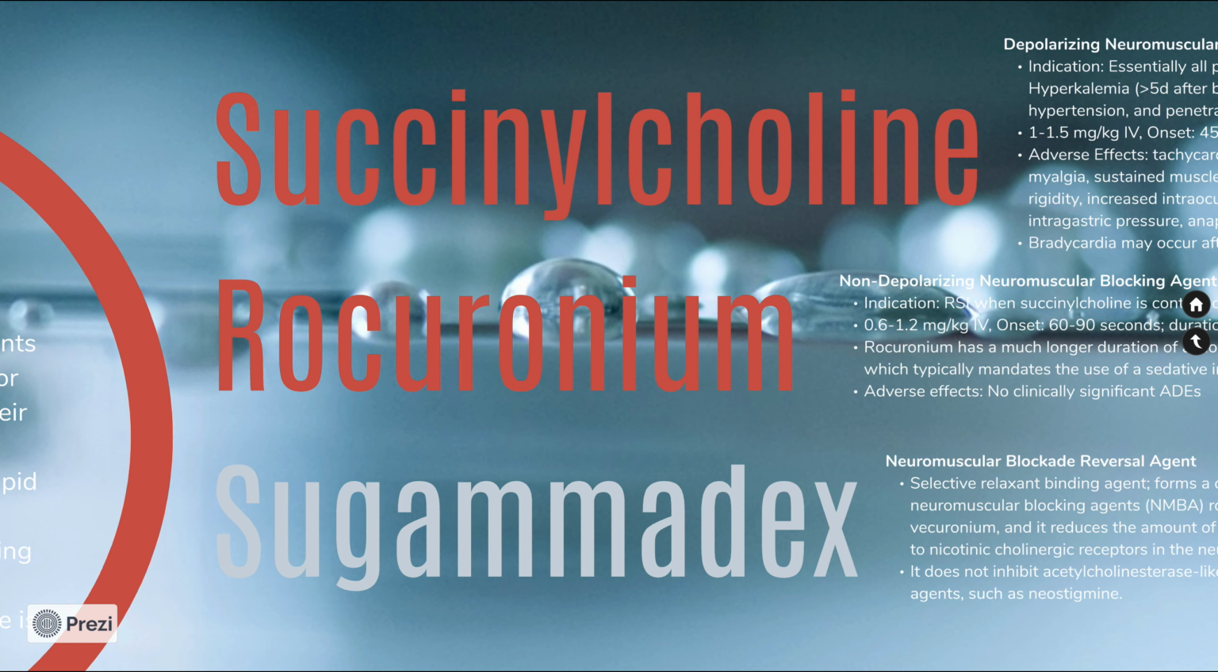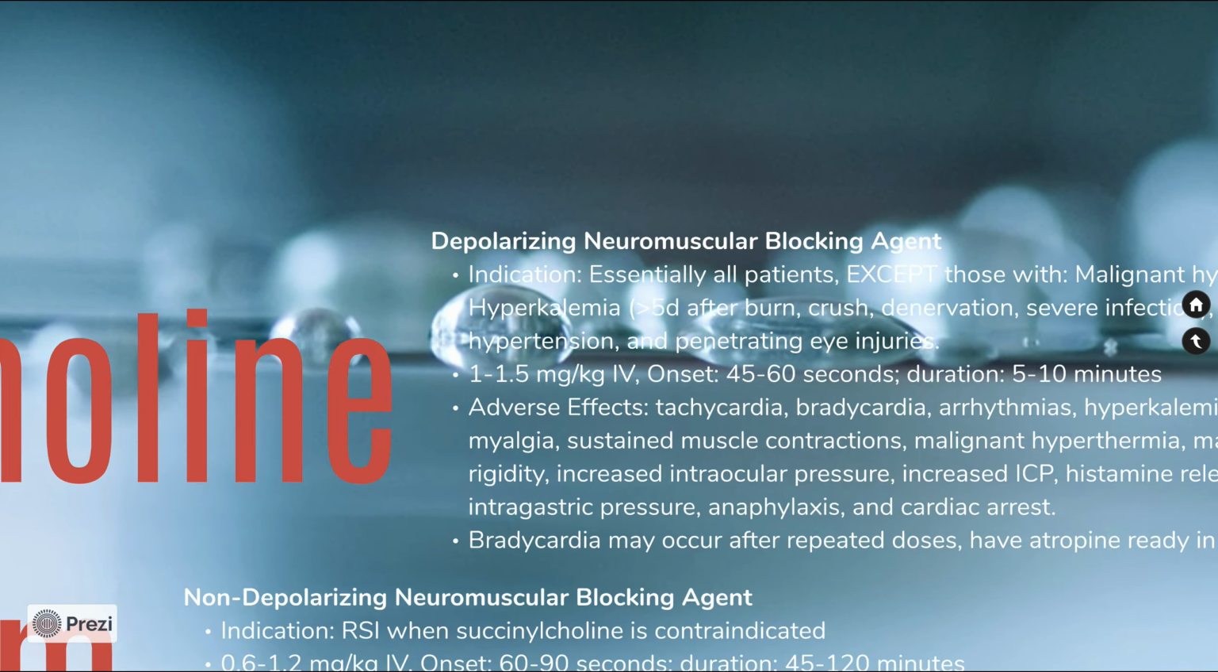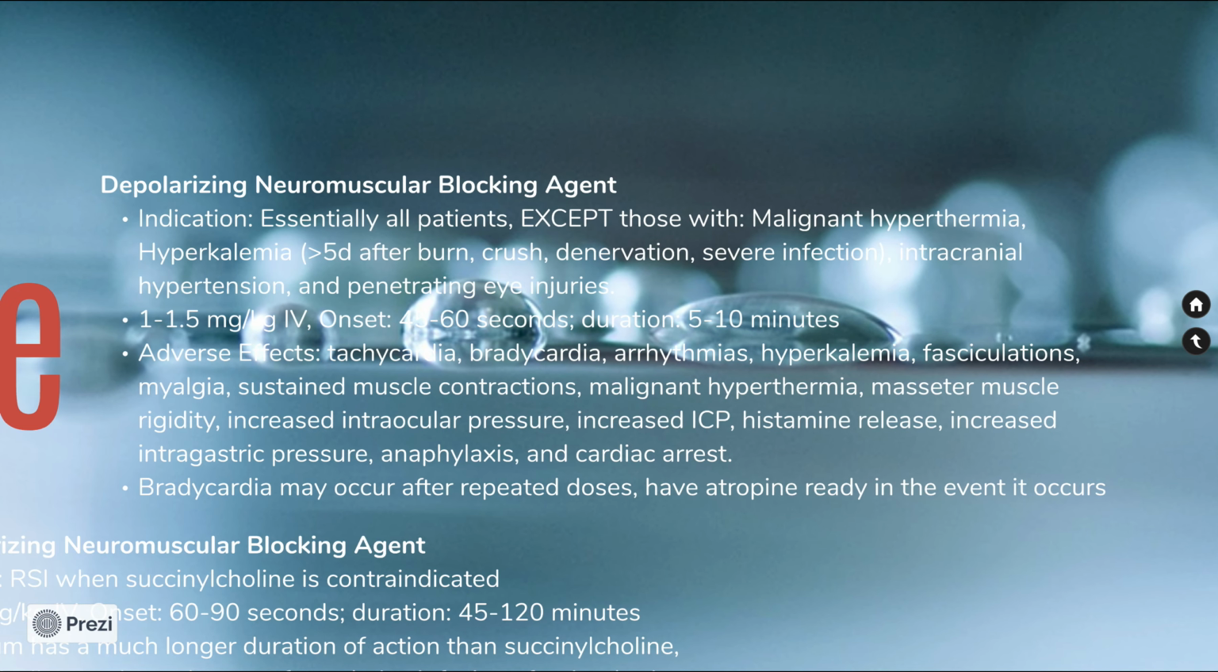So, the molecules mainly involved in paralysis are succinylcholine and rocuronium. Rocuronium has many relatives: pancuronium, vecuronium. These are molecules derived from the skin of your poison dart frogs. So, succinylcholine, it is a depolarizing neuromuscular agent. In fact, it is the only